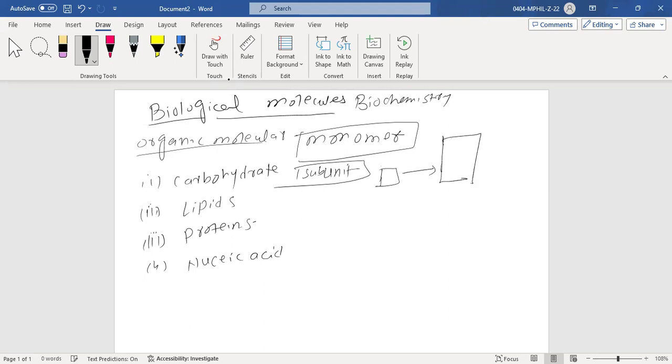The complete wall will be constructed by using the repetition of these blocks. That's why we call them subunits, or the repeating single units. These monomers are actually